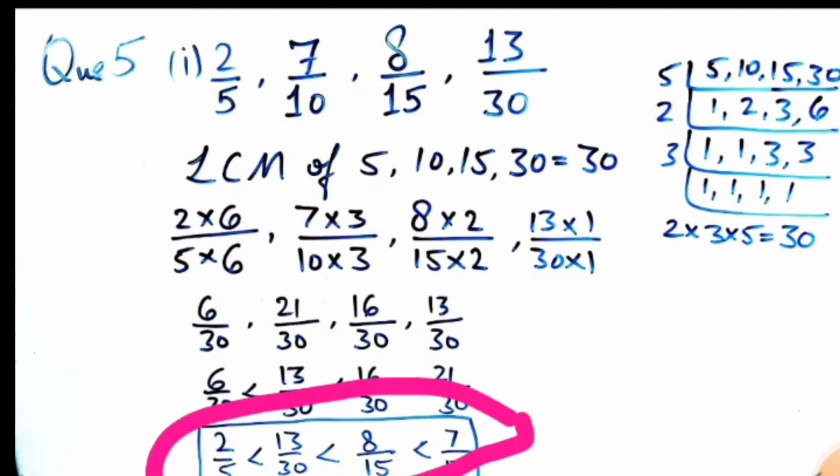And please keep in mind one thing: if the rational numbers are negative, we know that the bigger negative number has a smaller value, so it will be just in the opposite way. Okay,